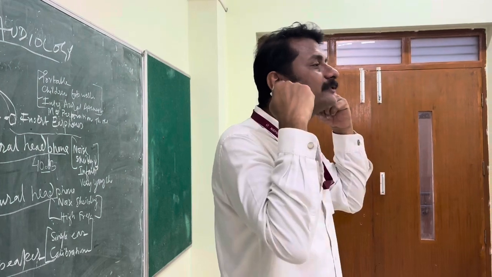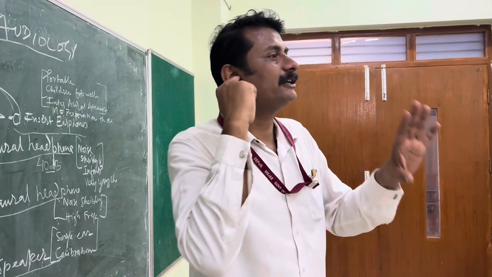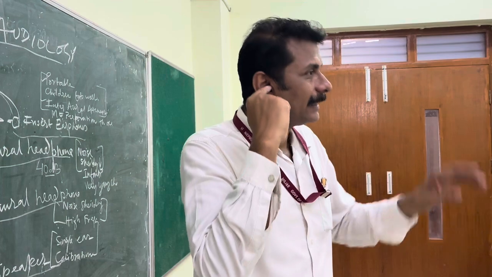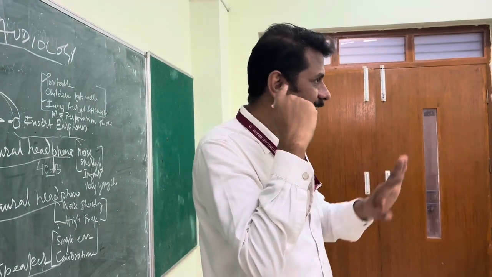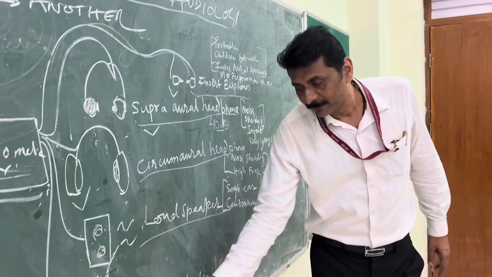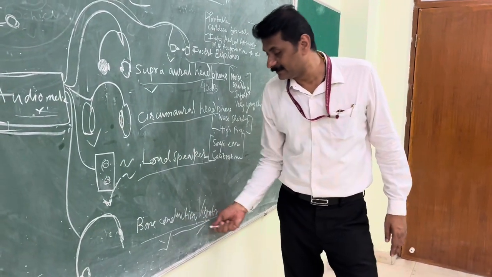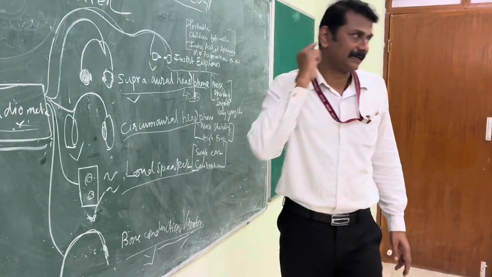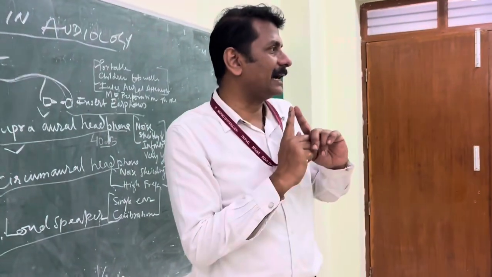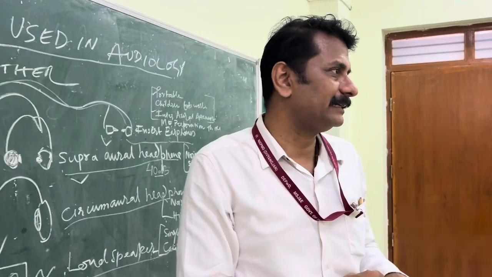But because the insert phones are inside, in case of middle ear perforation and other cases, the threshold may be lower and they should be avoided in those cases. Correct? So these are the air conduction transducers. Bone conduction transducers, the vibration is directly into the mastoid. So the IA would be 0. It transmits into both the ears simultaneously.